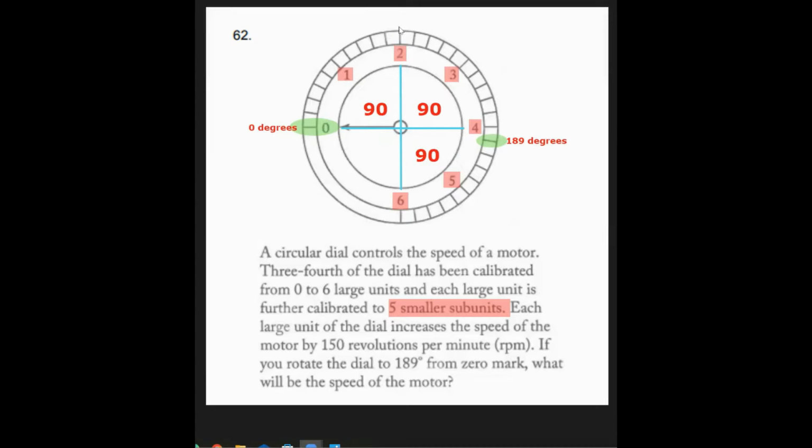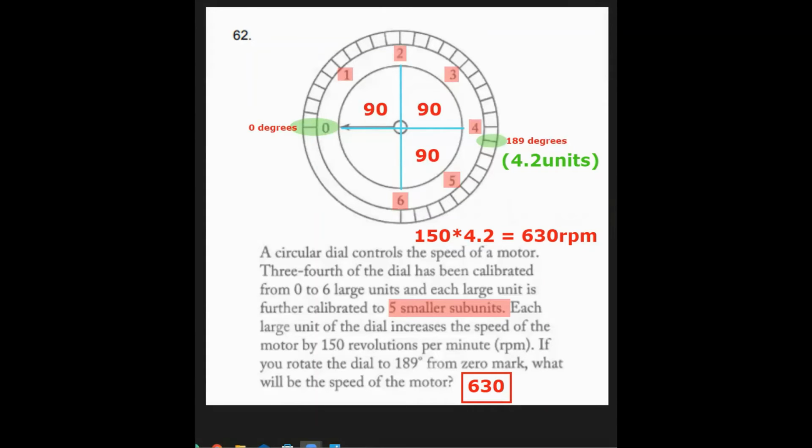So that's 10 clicks here for a full 90 degrees between 0 and 2. That means that each smaller subunit is exactly 9 degrees. So as we go around, when we go from 0 to 4, that's 180 degrees of the circle. But we have to go one more click of 9 degrees to get to 189 degrees, which is 4.2 units